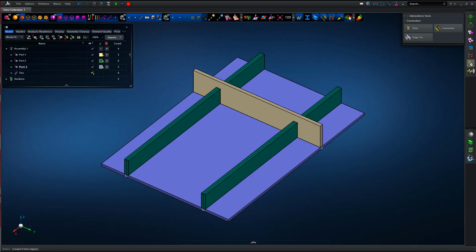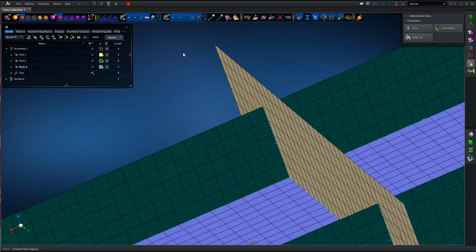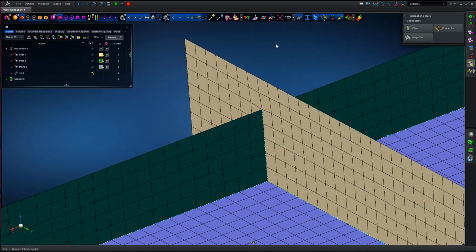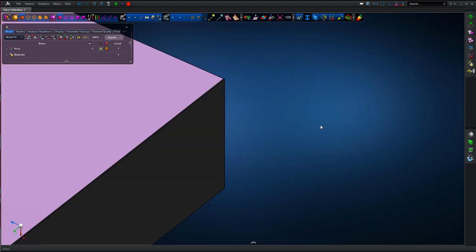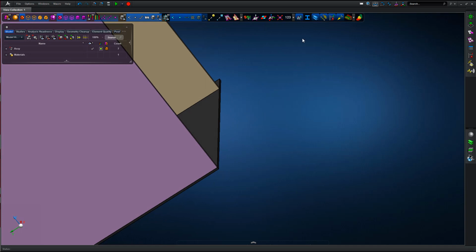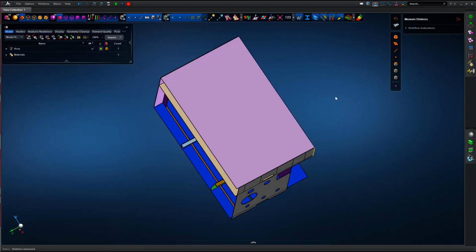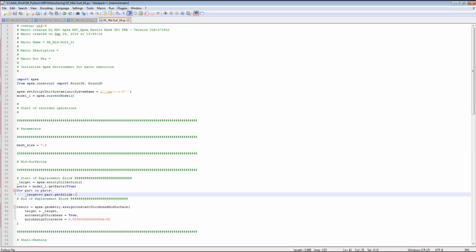We can see the shell thickness, equivalent shell thickness I should say, hide the solids, and we've now got a very nicely controlled model. So for this simple example, worked nicely. Because we've introduced Python logic to effectively determine all of the solid surfaces and edges within the model in an automatic sense, we can now run that very same script on a much more complex model definition or geometry